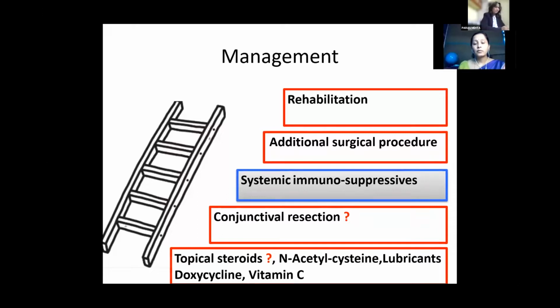Only once the active inflammatory stage is reduced and the disease is under control should visual rehabilitation be attempted for these patients. So the initial concern will be treating them with systemic immunosuppressives, and during that whole time, salvage the eye, protect it, and don't let it go beyond your hand so that there's no melting. So preserve the globe as much as possible, and then once the inflammation is under control,